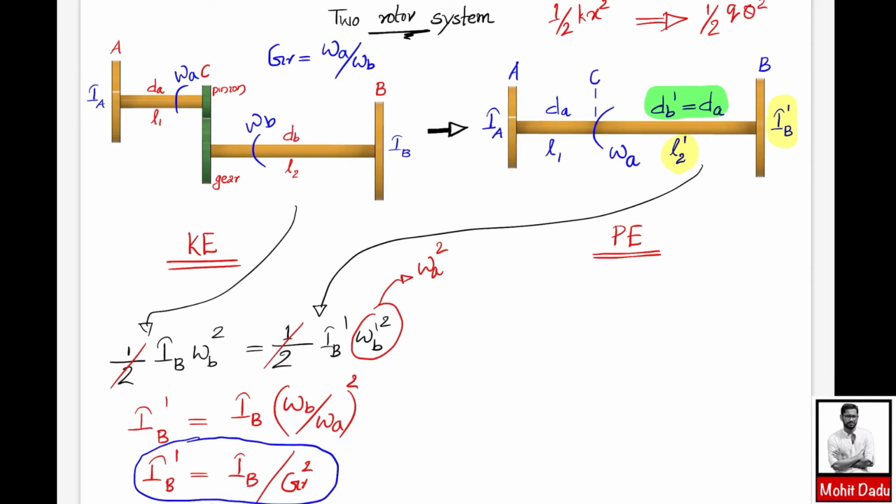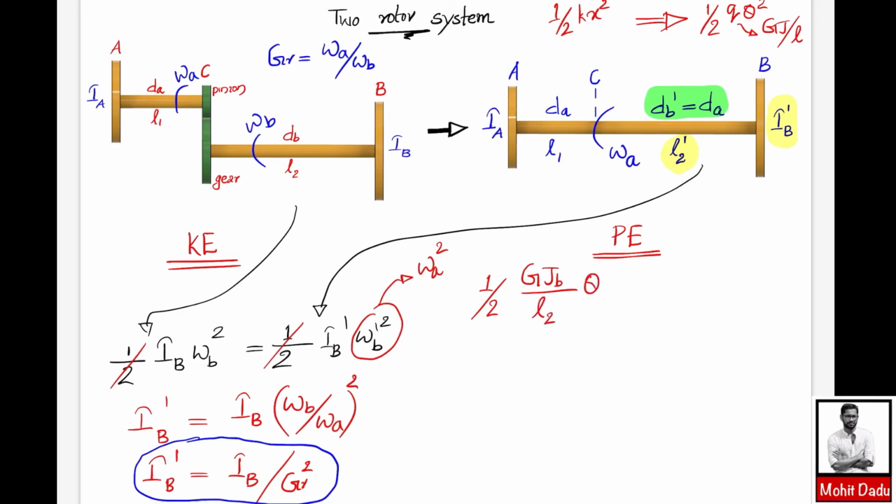So you can write it as half q theta square, and this q is also of the form GJ divided by L. So you can write half into GJ divided by L for the first part, that is the geared system. So this will be becoming G into J_B divided by L, here it is L2,